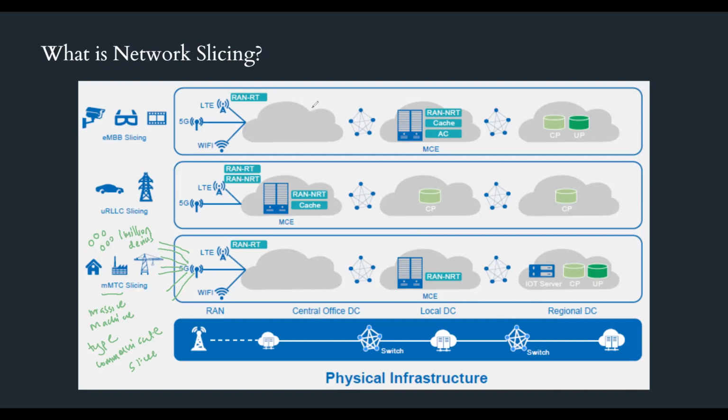Anyway, these slices are logical slices. They are physically not seen. We can't see the slice physically. The slices are implemented logically using mathematical algorithms and software, right? However, all the slices that we implement are available in the same physical infrastructure that we have